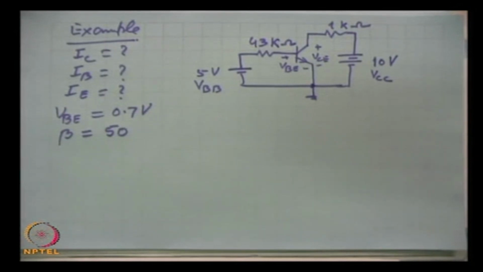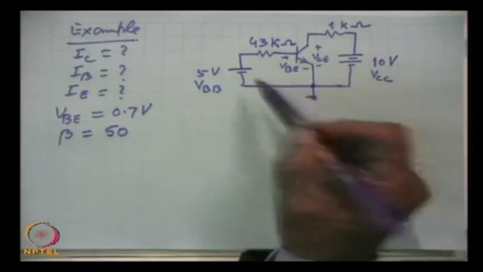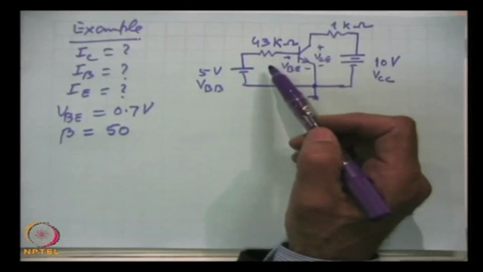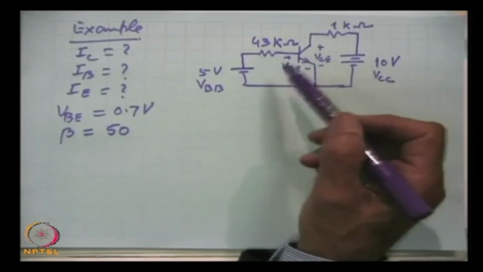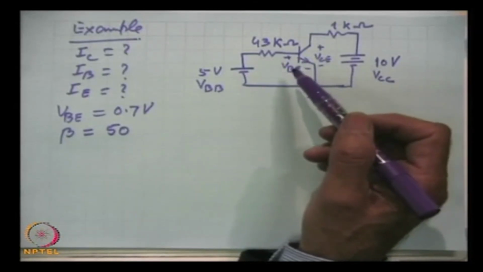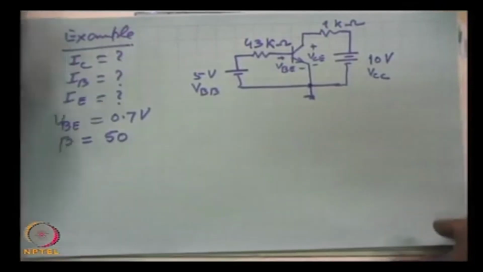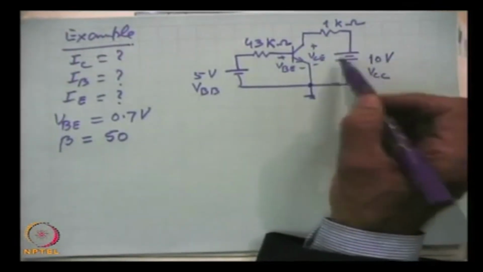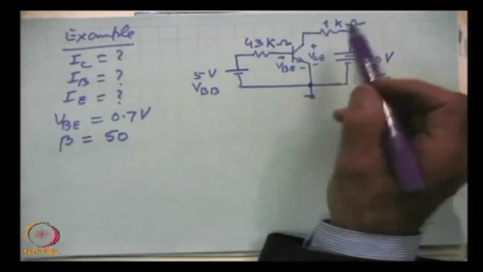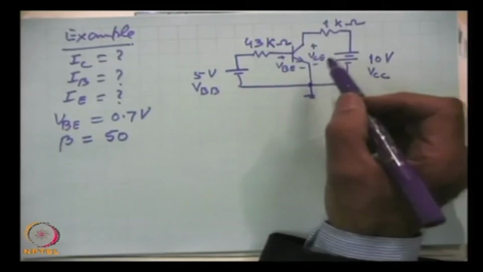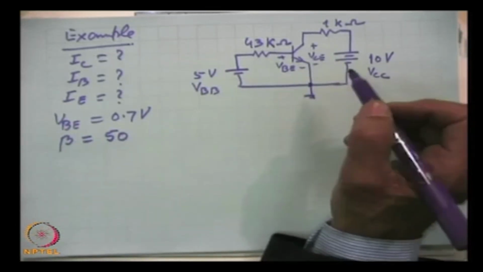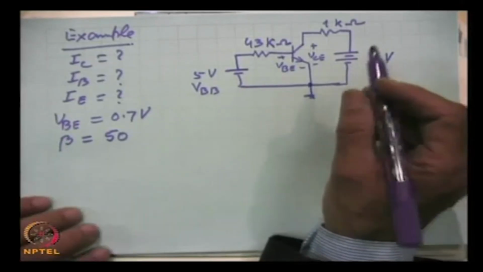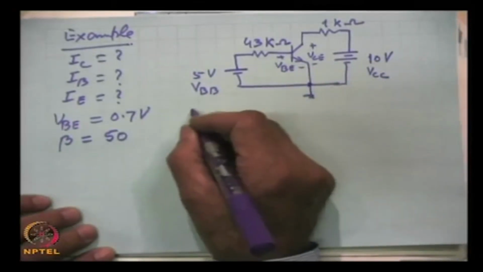Then there is another point which needs emphasis. This example illustrates what kind of resistances are to be used in small circuits, small low power, small signal circuits with which we are mostly concerned, and what the battery voltages and resistances are. So, this is the reason behind this example. Now, if we apply Kirchhoff's voltage law,